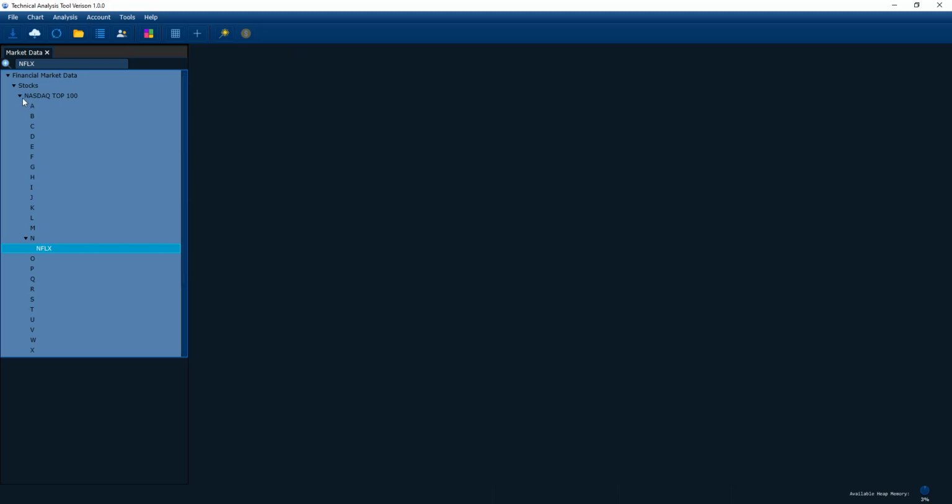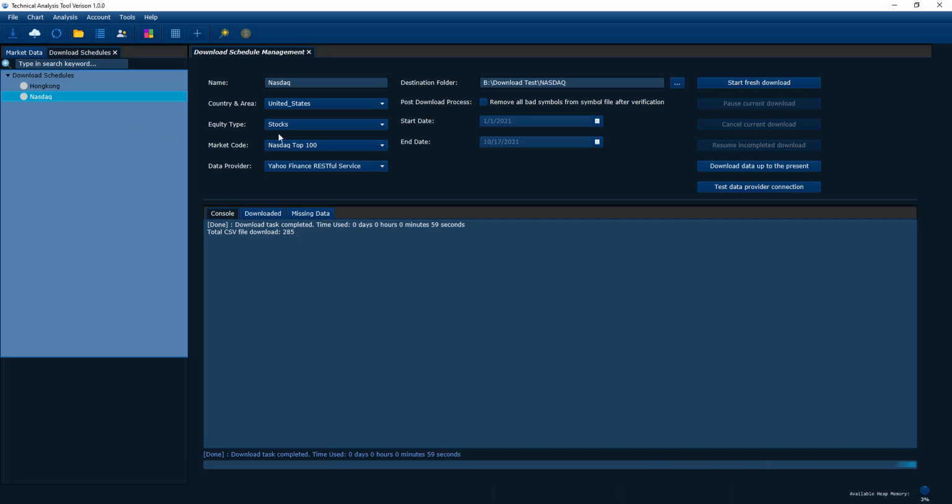Let's come back to the download manager. Basically, it's well stored here. It will store all the settings for the next time you open it up. So for example, today is a Sunday in October. For example, if you